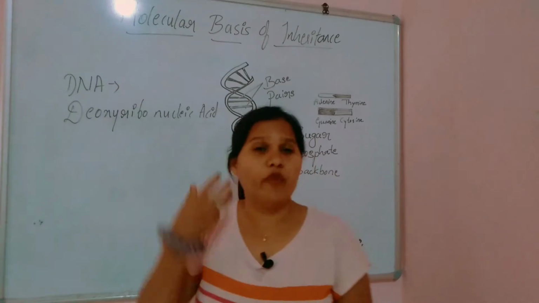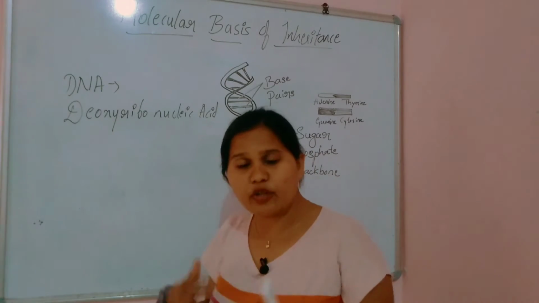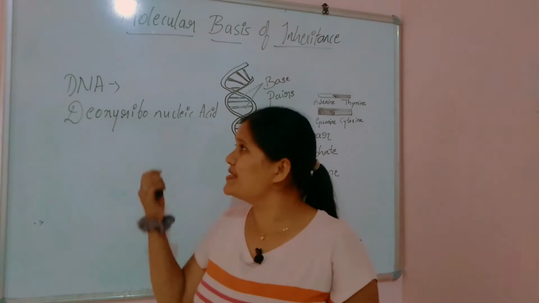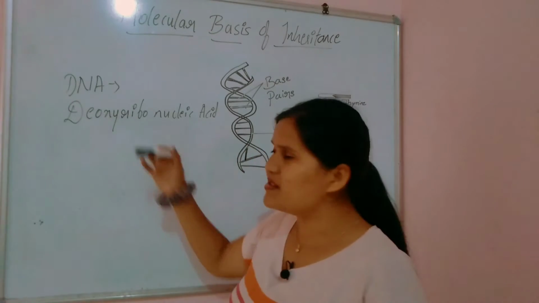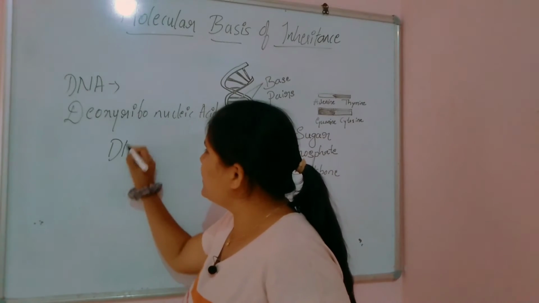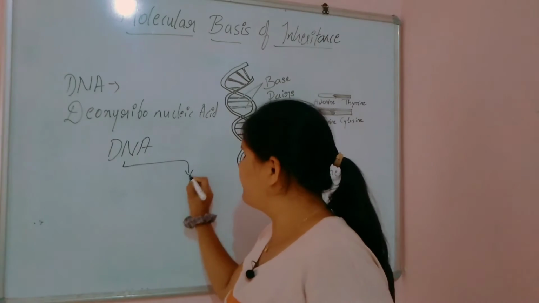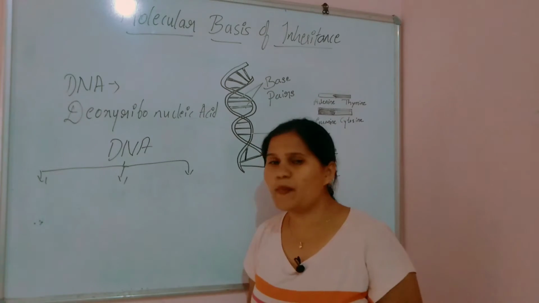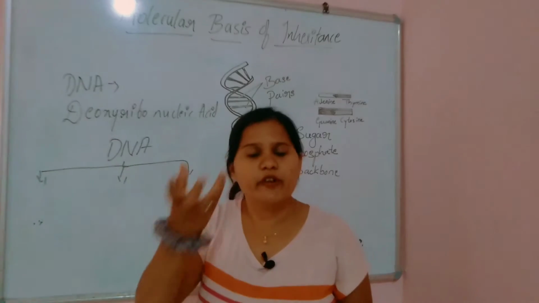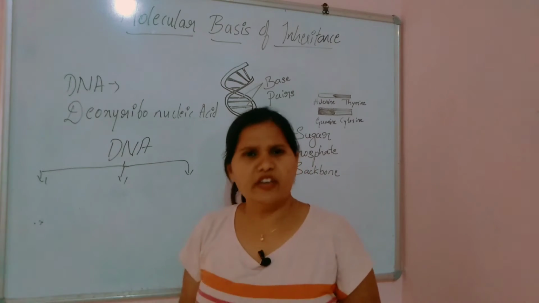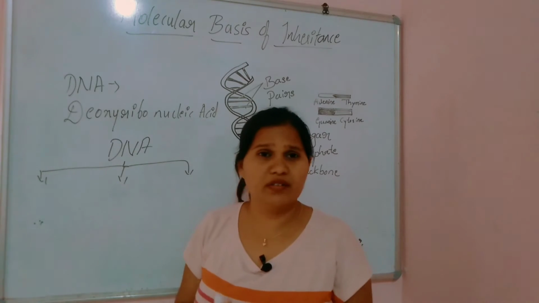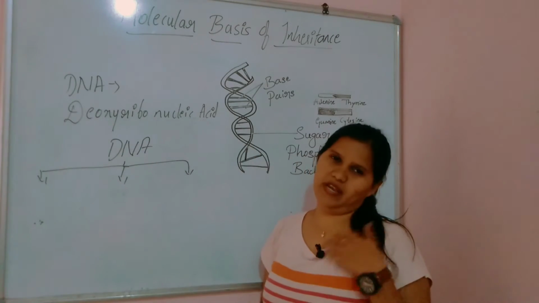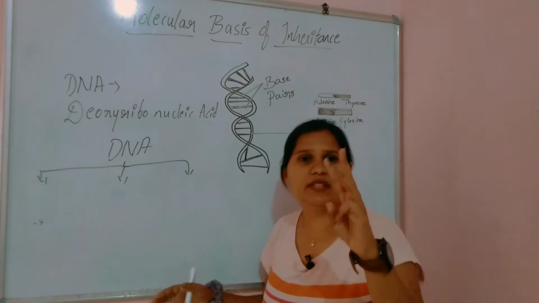To understand the formation of DNA, we need to know the structure and also the components of DNA. From what components is DNA formed? It is formed with three components. For example, if you want to prepare tea, you need water, milk, tea powder, and sugar. In the same way, to form DNA we mainly need three components.